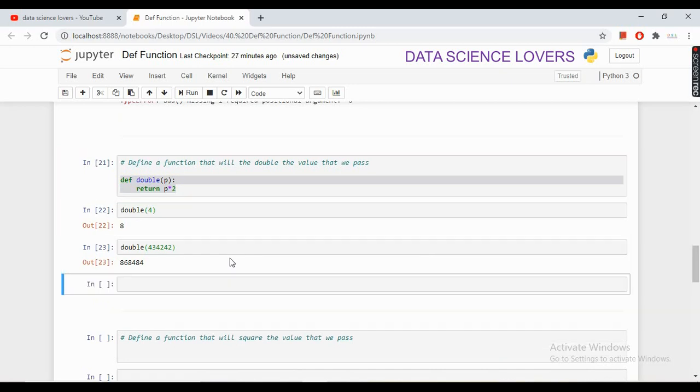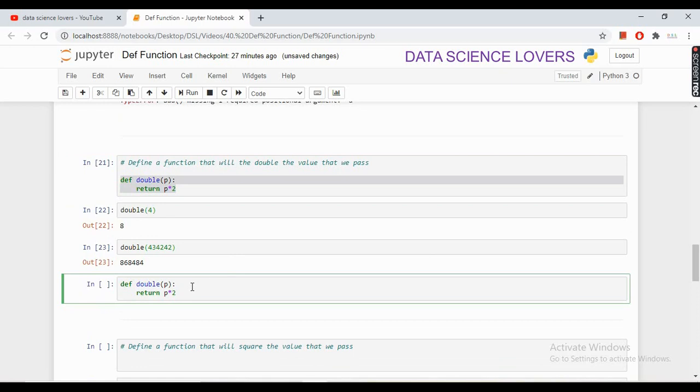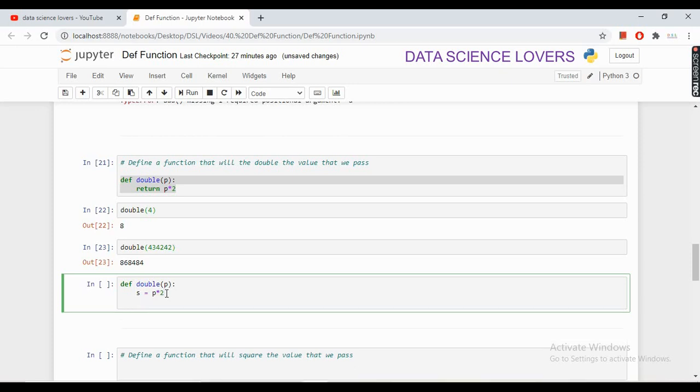How? If I write s here, which is a variable, and s will store this value p multiplied by 2. Now I can return s here.